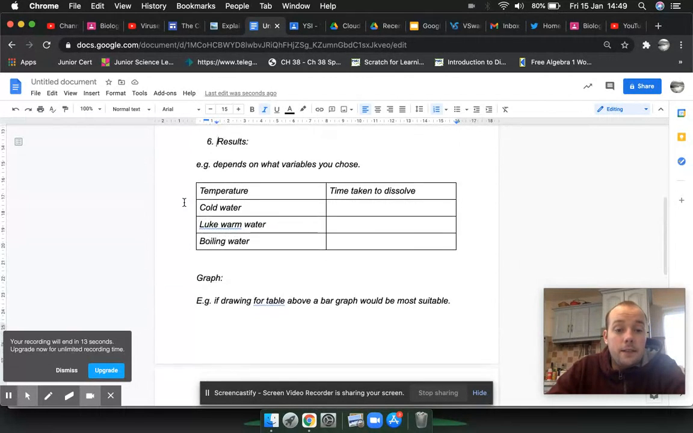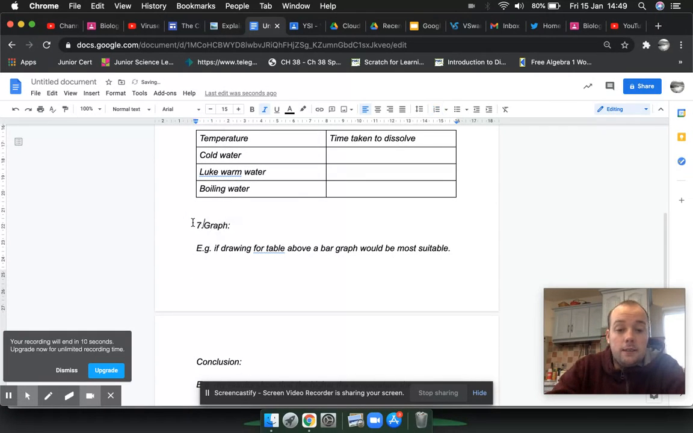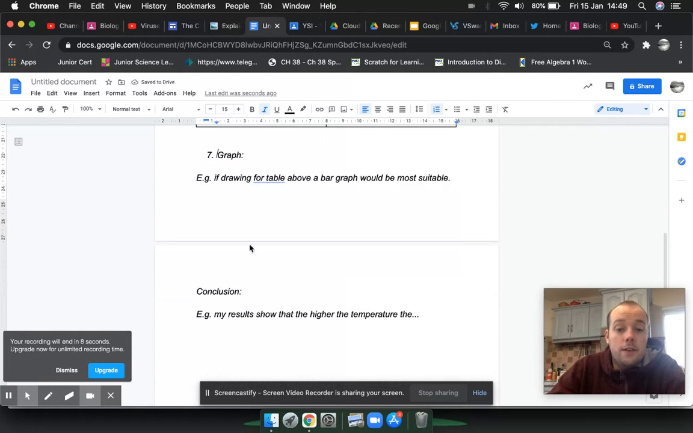And finally, then we have to do a graph. And we choose a suitable graph. If it's a bar graph or a line graph, you decide on that. And I'm running out of time, so I'm going to say the final thing, conclusion. My results show that the following. And you look at